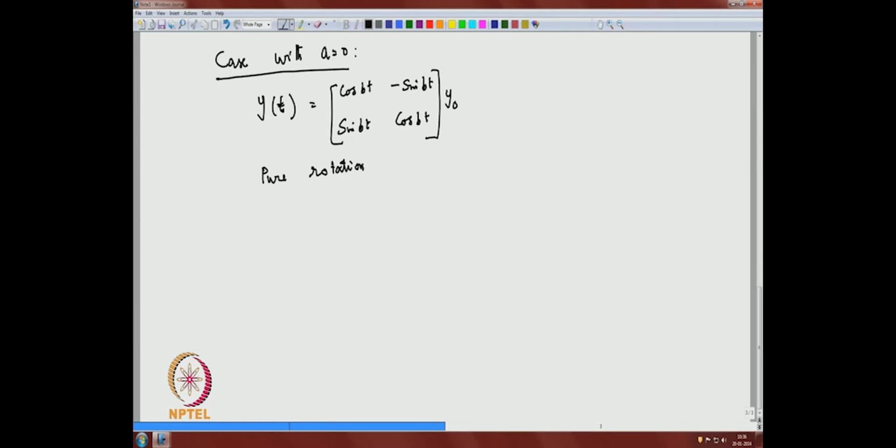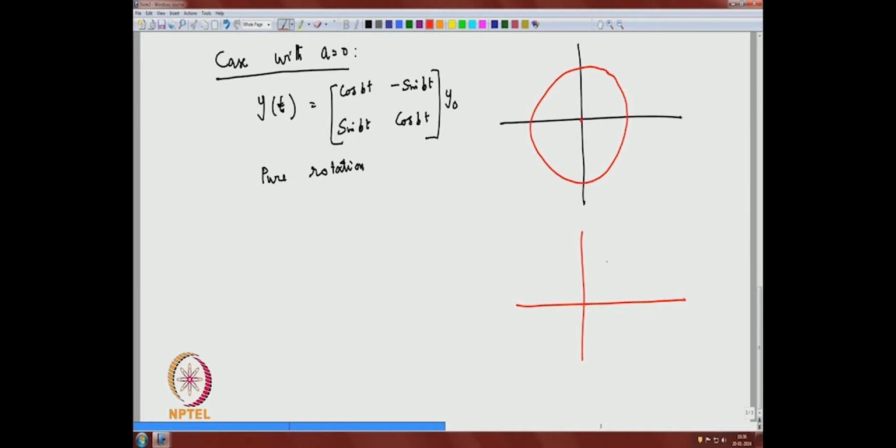Again, the trajectory is always compact. If you are trying to draw a phase portrait here with the equilibrium point, the only thing is that it will rotate like this. The other situation which you get is that it will rotate like this. That is only 2 possibilities. Again you have to see which direction it goes. This is the clockwise direction, which we have already seen in the earlier case.